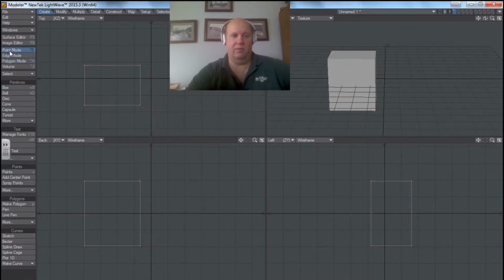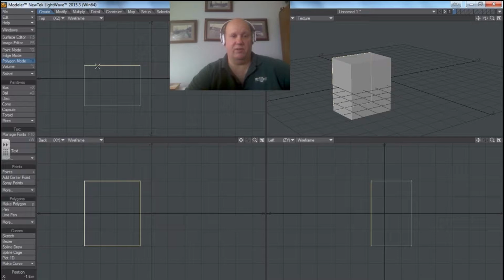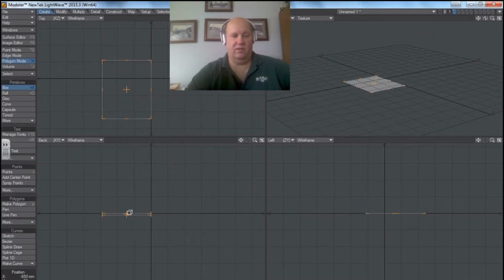Boxes, if you look at them in point mode, you can see that they contain all the points necessary to make the 6 sides, all the lines necessary, and of course if you're in polygon mode, you can select one surface of the box like that. Essentially very simple geometry. So I'm going to get rid of this and make it again because I have to do this in box mode. But let's say there is the box,